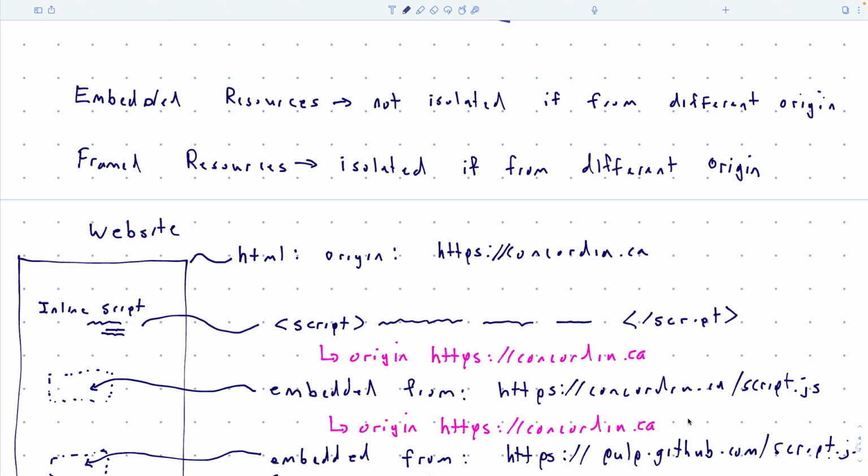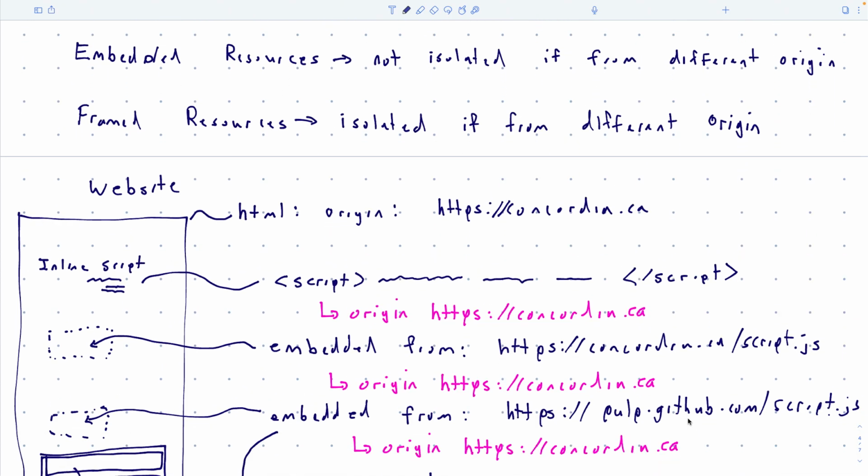All right, who thinks GitHub should be the origin? Okay, who thinks Concordia should be the origin? Who has no opinion? Okay, so the answer is what's counterintuitive. And this leads to another whole class of vulnerabilities called cross-site scripting, which I'm sure you've heard of. Your intuition probably says it's GitHub because I'm getting it from GitHub. But the answer is no, it actually is given the origin of concordia.ca.